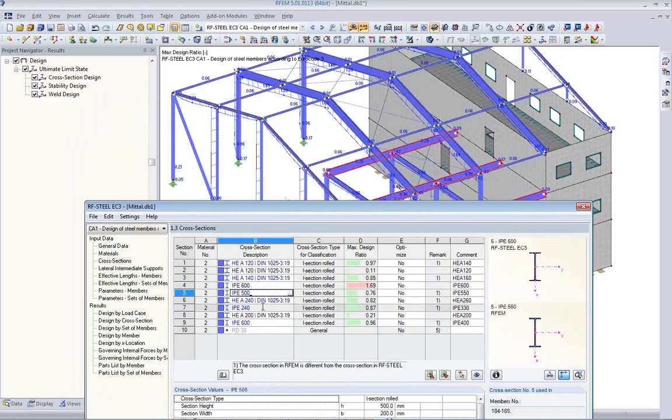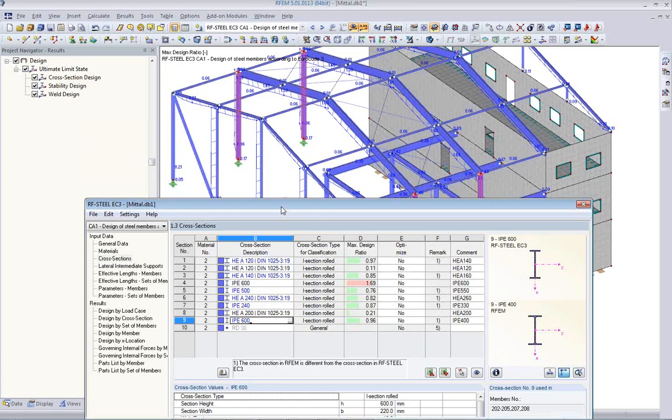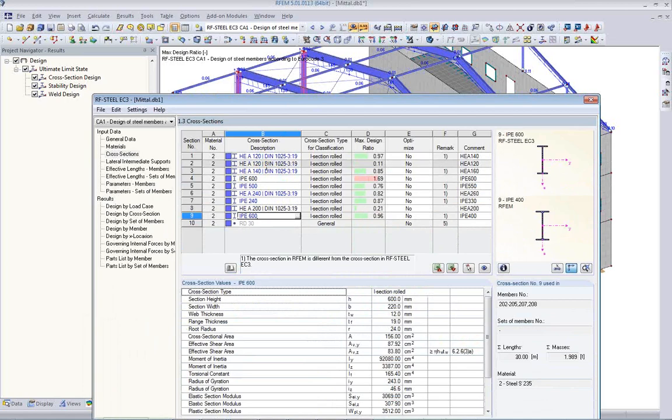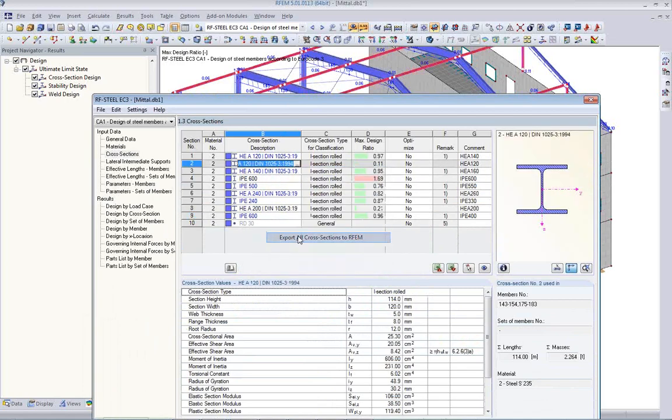500 is okay. We have 240. Okay, let's stick with it. 240 instead of 330 here, and this is 600, so there's nothing to be done. But now I have the blue cross sections optimized, and I can export them now to RFEM to